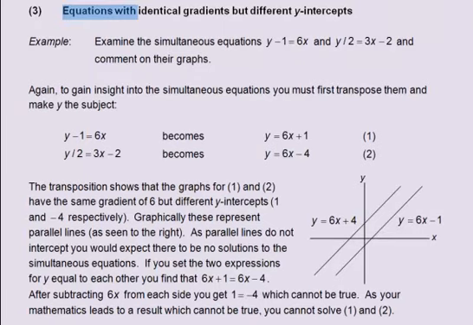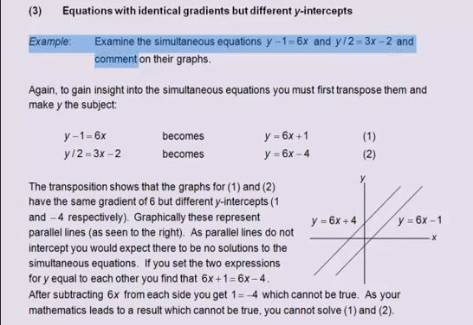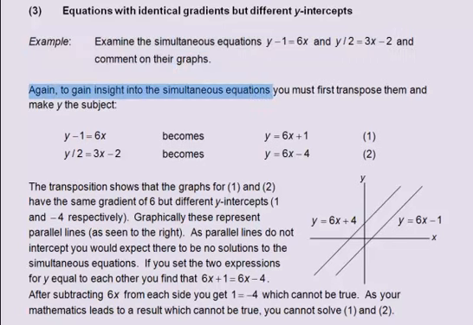3. Equations with identical gradients but different y-intercepts. Example. Examine the simultaneous equations y minus 1 equals 6x and y divided by 2 equals 3x minus 2 and comment on their graphs. Again, to gain insight into the simultaneous equations, you must first transpose them and make y